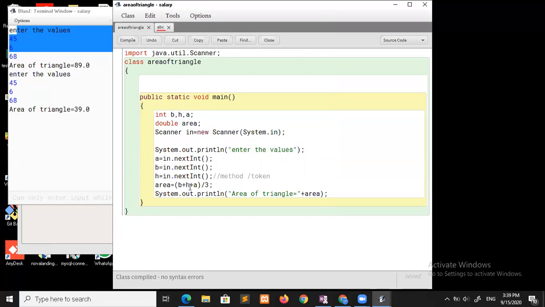Getting the point? So this is nothing but a logical error, which usually happens in the average of three numbers. So if you are doing the average of three numbers and you're not making use of these brackets, this will be throwing you an error. Getting it? Yes. Clear with the logical error?